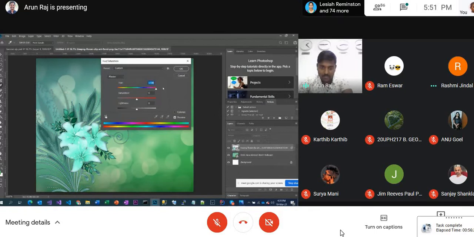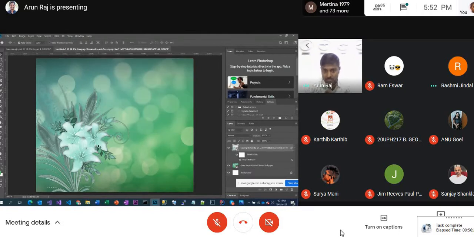I can play around with the color. Now I feel okay. Maybe this color is somehow apt. Okay. Then saturation, I'll reduce a bit. Because when you take saturation fully down, it will be black and white. If you go full, it will be full contrast. So I'll bring it down because the background is already mildly saturated. And a bit of lightness I'll add. Then still it is standing outside of the background. It should merge with the background.